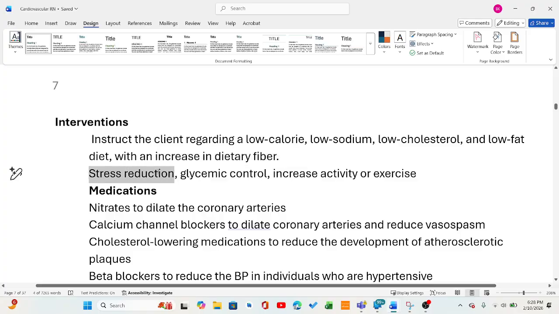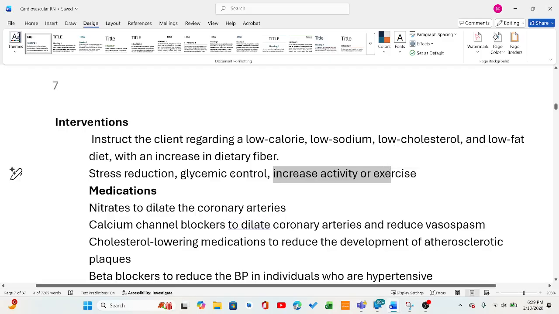Another thing that you need to know is stress. Stress will cause the release of these neurotransmitters, and therefore be careful. You have to find a way to control your stress level. Very, very important. And then I already talked about glucose control. And also you need to increase exercise or activities that will help make sure that cholesterol is not